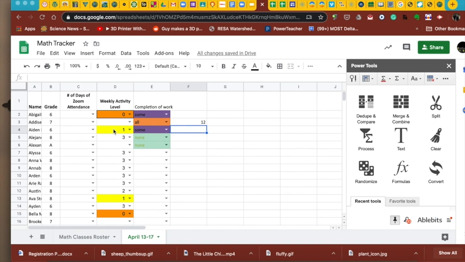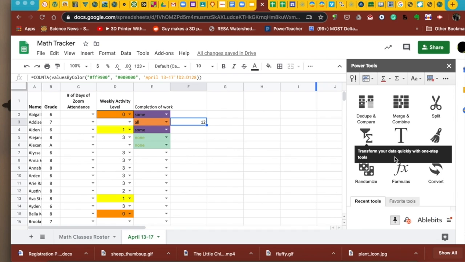And so then I can insert that same function to tabulate my yellow cells and then how many are actually white. Yeah, so that's how I've been calculating those values. I have not spent much time looking at the other tools available in this add-on, but hopefully there'll be some more things that we can use in there. Yeah, so that's it. Hopefully that's